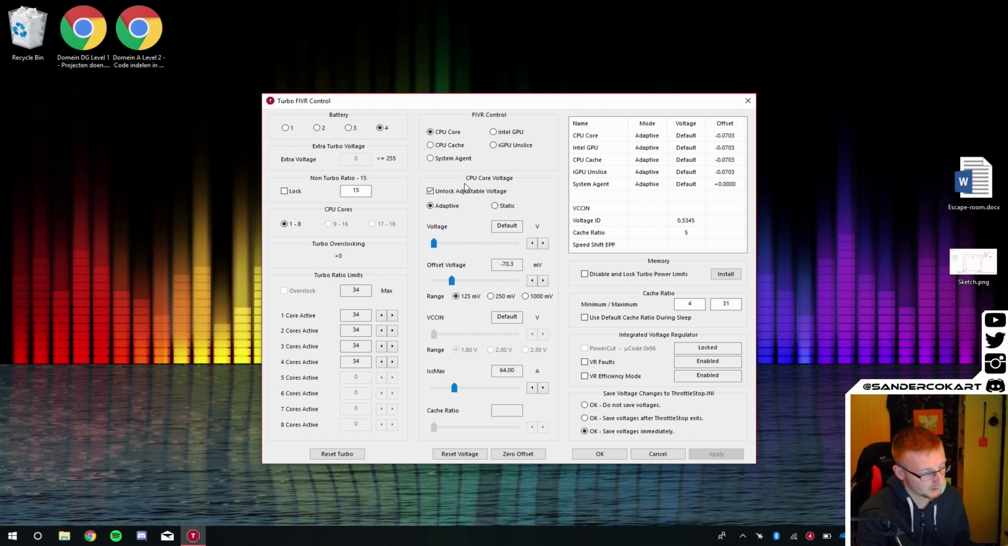And of course, in order to get that, in order to unlock it, you need to unlock the adjustable voltage. Also put it to adaptive, because the cache seems to be very problematic with static voltages. It caused mine to crash, at least, and it did while recording, actually. So there you go. Don't put it to static